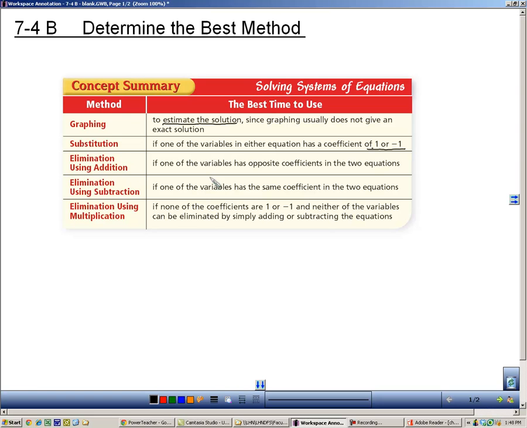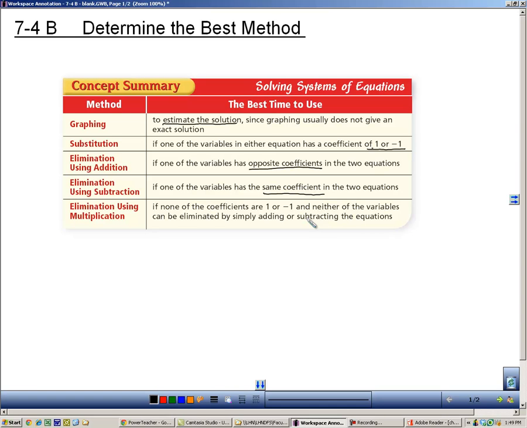Elimination with addition is best if the coefficients are opposites. 6 and -6, 9 and -9, 2 and -2. If you see that, you want to add the two equations together and use elimination with addition. Likewise, subtraction works the best when it has the same coefficients. If you have 6 and 6 or 5 and 5 or 9 and 9, then you want to use elimination